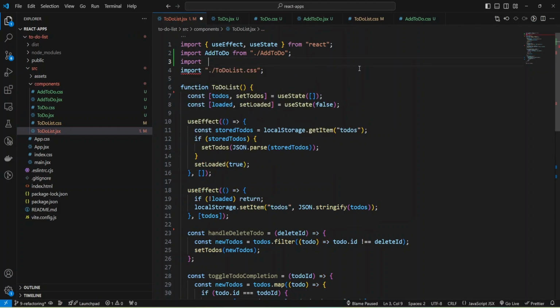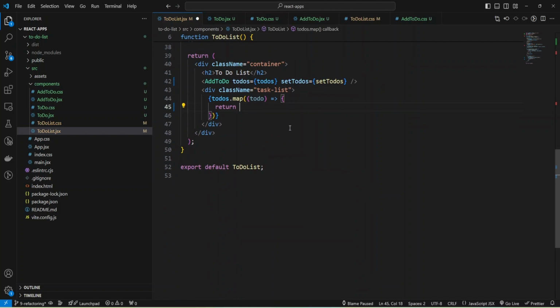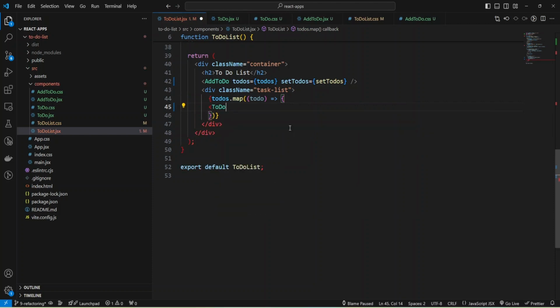Import Todo and paste it here, just Todo, component Todo. Close. And we need props.